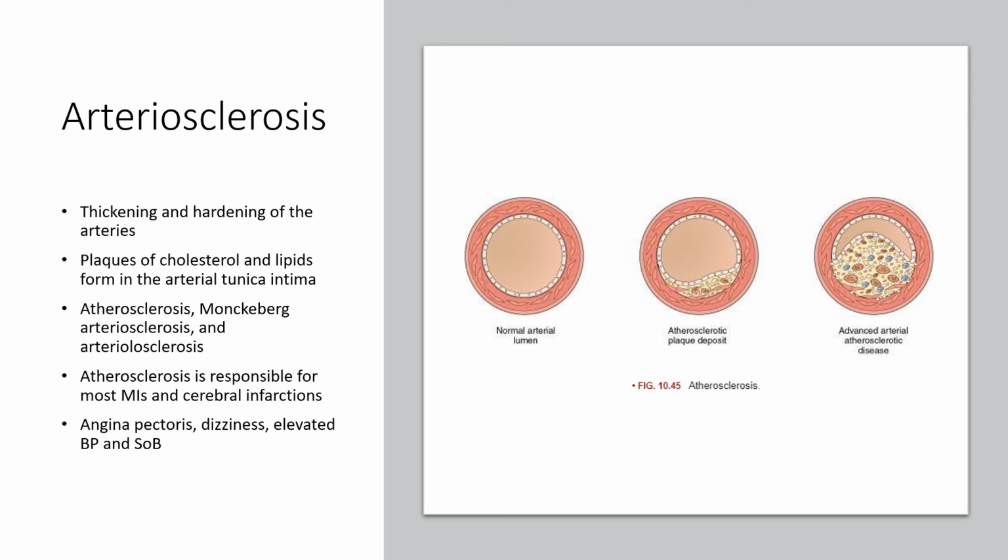So with atherosclerosis, this is going to be the condition that's responsible for the most myocardial infarctions as well as cerebral infarctions. Again, this is thickening and hardening of the arteries that occurs when plaques of cholesterol and lipids form in the arterial tunica intima. And that's what we see here. You see this normal lumen, there's no occlusion. Eventually we're going to get this plaque forming here if we have a very bad diet and high levels of